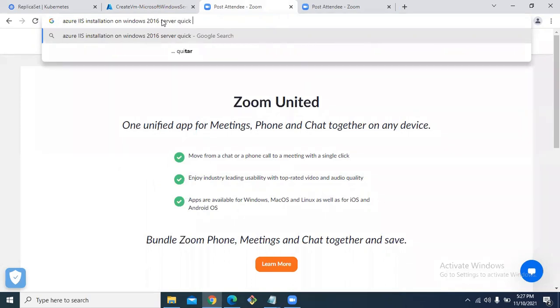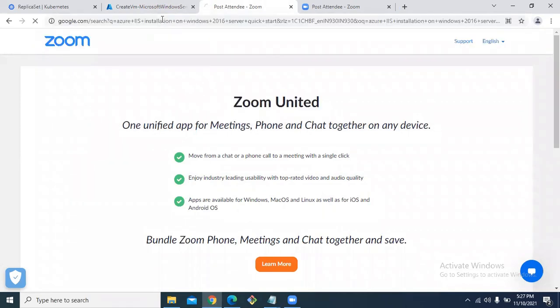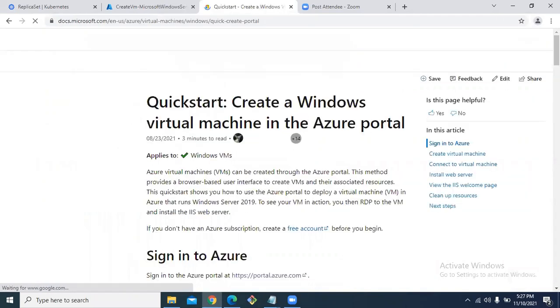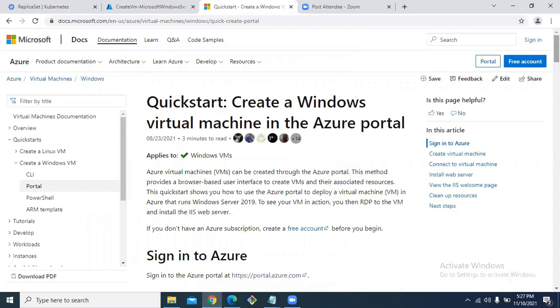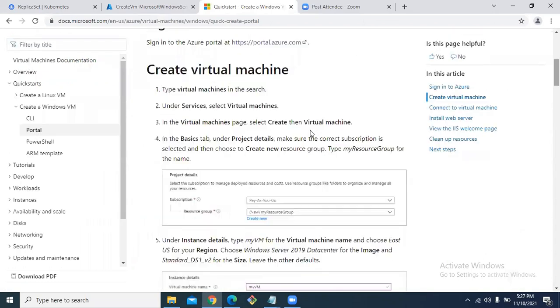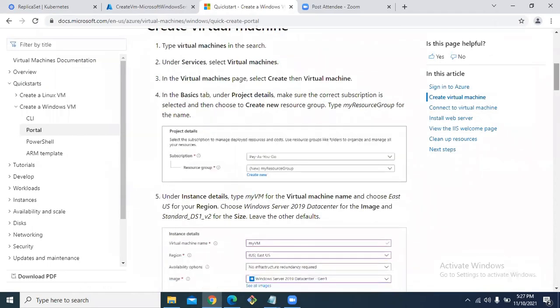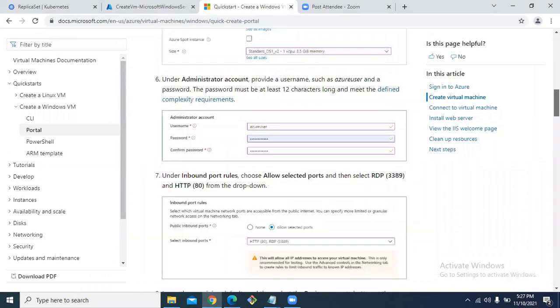Quick start. Okay, so yeah, these are the steps that we have followed to create Windows 2016. According to this documentation only, we created a 2016 server.